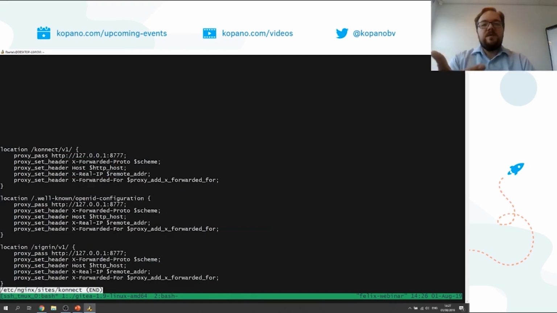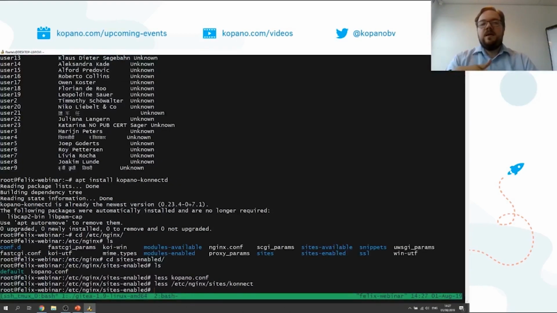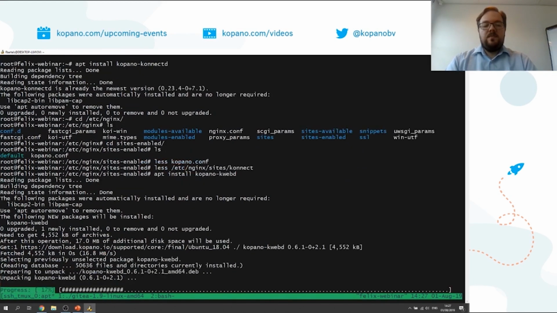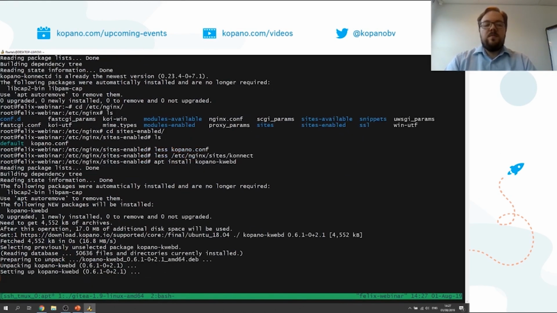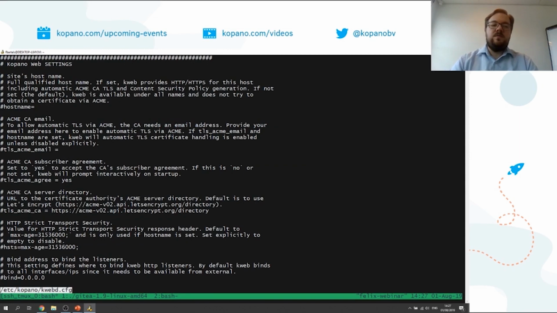I have my different endpoints that are then proxied through to the Kopano Konnect itself. If you want to have an even easier setup, and you will find a direct explanation for that also in our documentation, then you could install Kopano kwebd, which gives you a more out-of-the-box, easier setup experience,